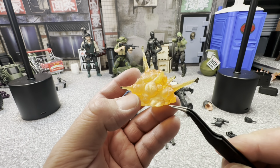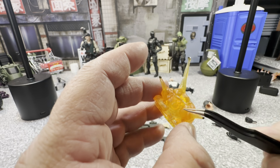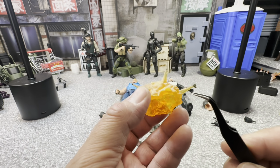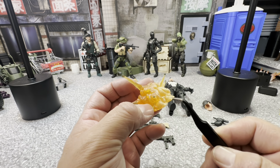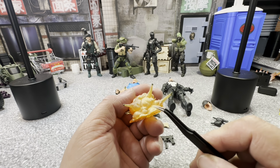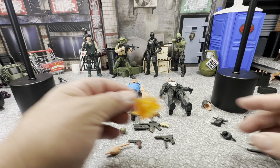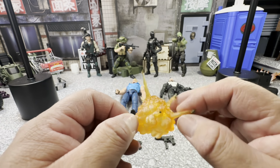And you got to love the fact that they took some time. Not only did they do all this detail in this kind of mushroom explosion, but when you look at it, when it hits the light properly, you can see that there's a little bit of spray on it. So it just isn't all one color. This is more like the clouds of the explosion. And it's actually pretty sturdy, which is more than I could say for